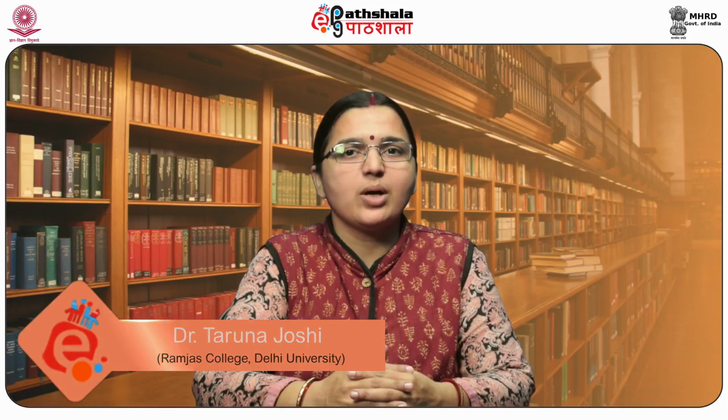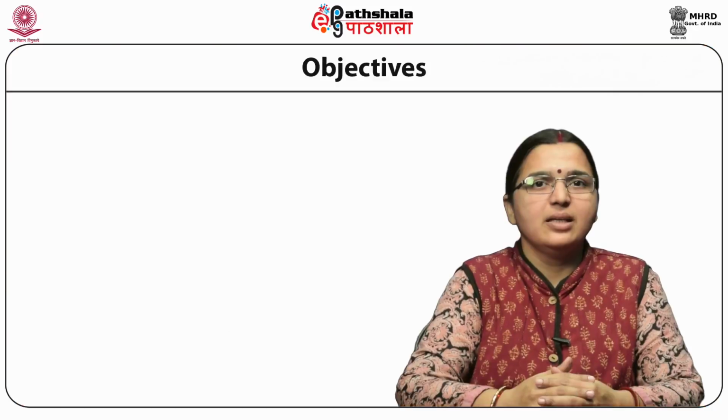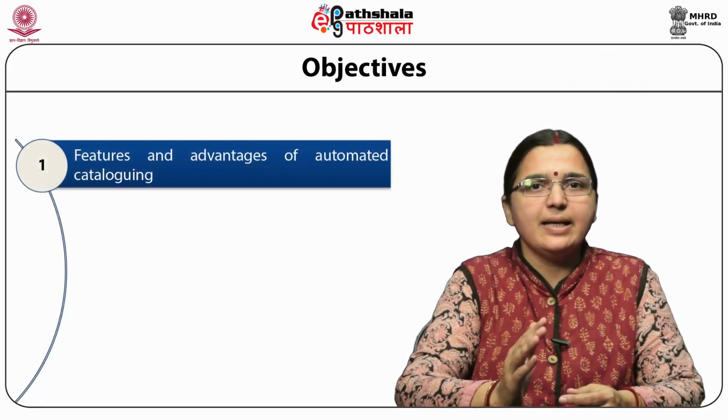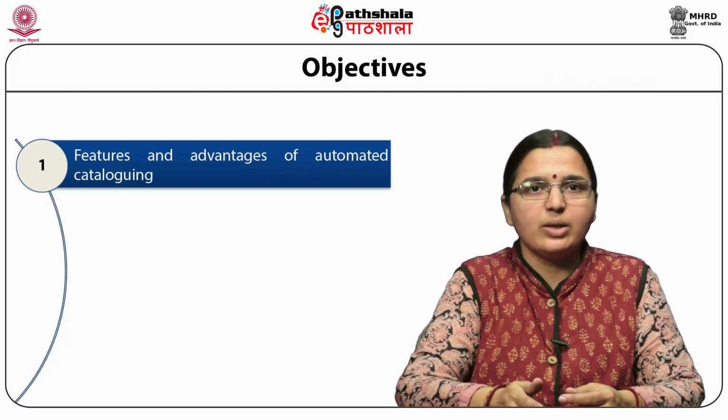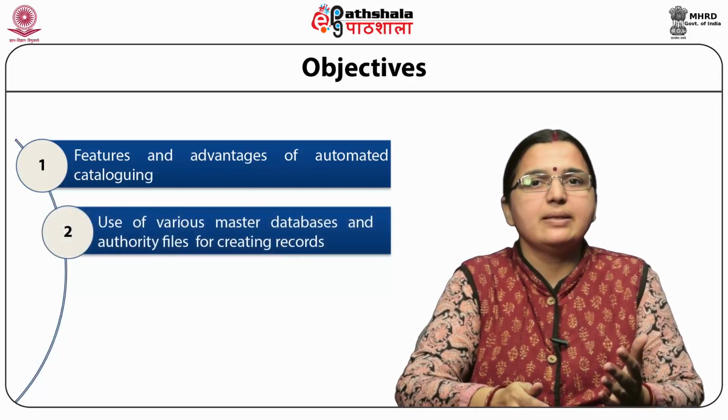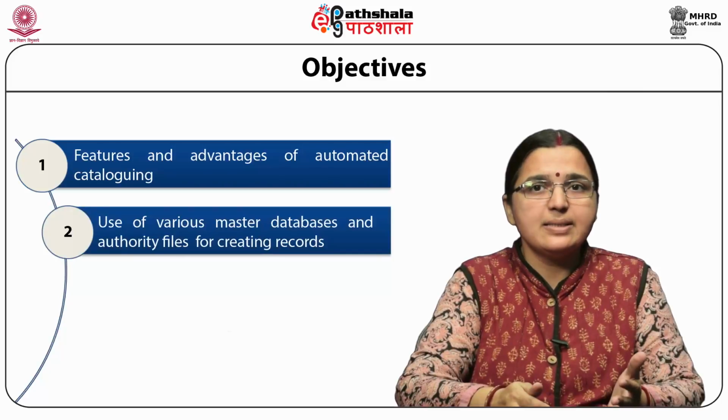Today I am going to talk about cataloging from paper ICT for libraries. Now we come down to the objectives of this module. Objectives are features and advantages of automated cataloging, use of various master databases and authority files for creating the records,